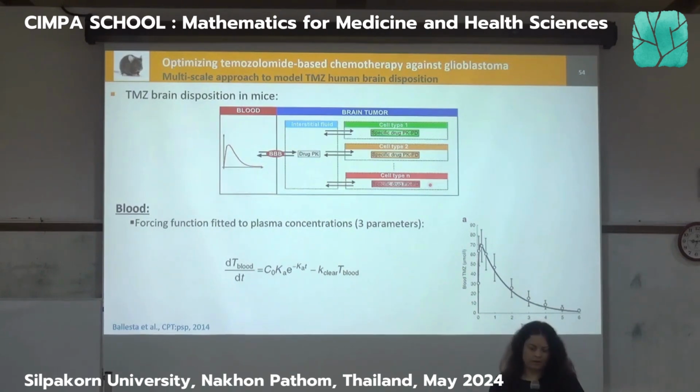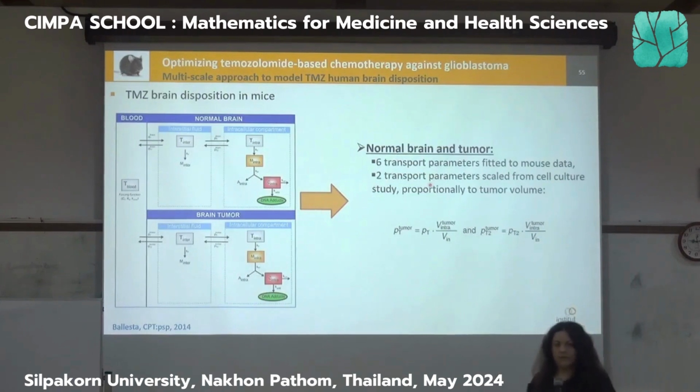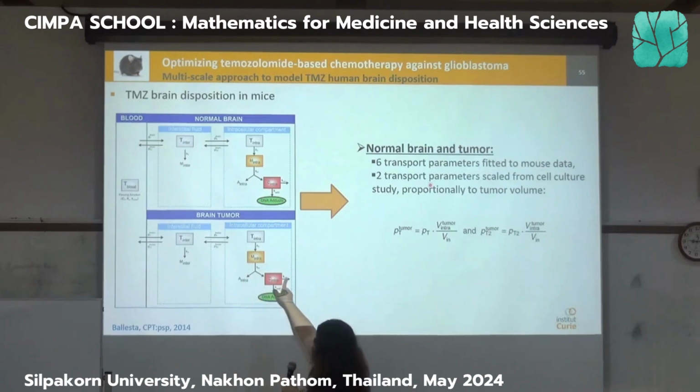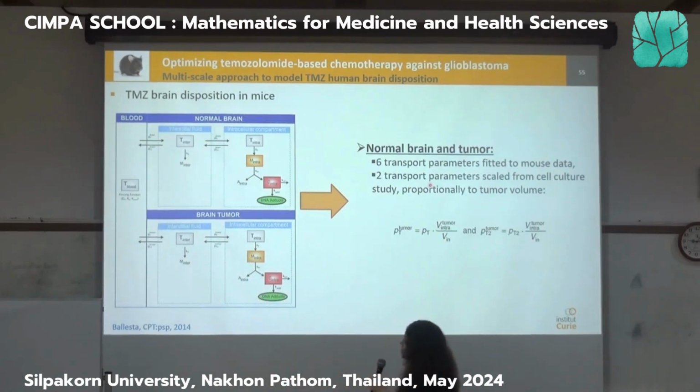But if you want, the reason why we can have more than 1 is because the tumor can have different cell types. You can have resistant versus sensitive cells, for instance. So in that case, you will have cell type 1 equals sensitive, cell type 2 equals resistant, for instance. Okay, so now, yeah, here you only have 1 cell type, because here you only have 1 compartment for the intracellular temozolomide.